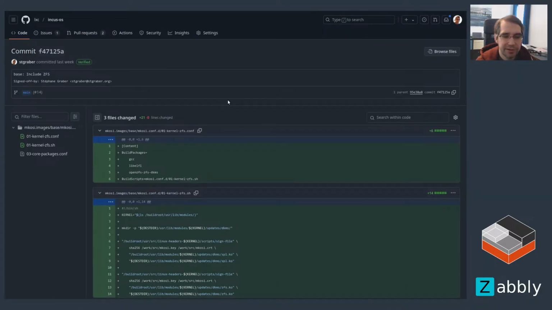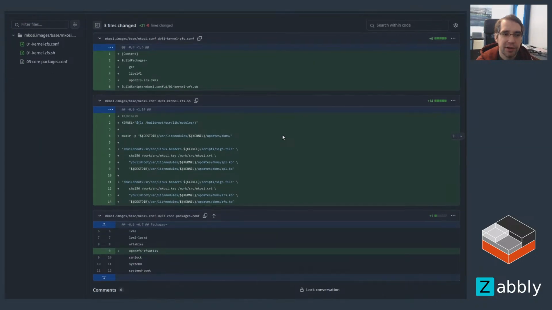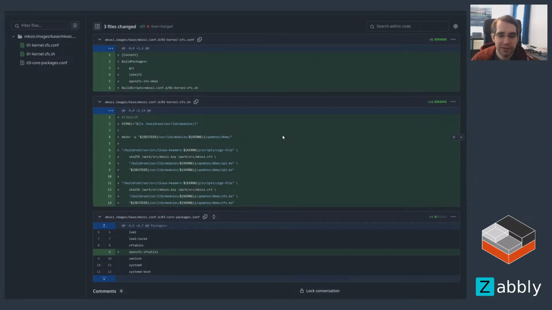Getting ZFS in the image was a bit of work. The end result is pretty short actually. But basically what I needed to do was first make sure that the kernel build we're using, the kernel I build through Zabbly, supports pulling the UEFI platform keyring keys into the OS module signing keyring. That's needed to then be able to sign the ZFS and SPL kernel modules with the same key that signs the image and effectively allow the kernel to load those modules. That took me probably an hour to figure out exactly the right code, but it ended up being that script that just